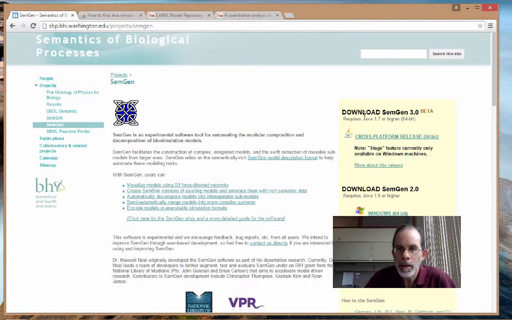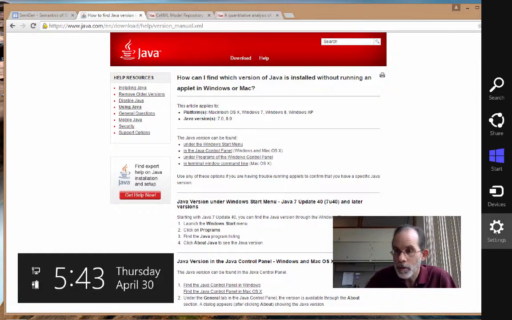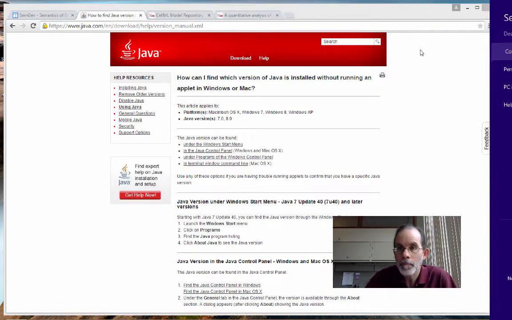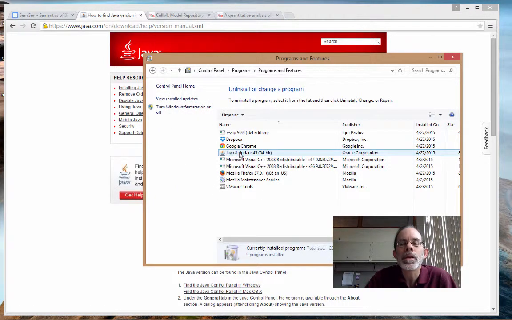So I did indicate that you need Java 1.7 or 1.8. In order to find out whether you have Java 1.7 or 1.8 installed, here's a website that you can go to, but I can show you really quickly on this machine. You go to Settings, this is a Windows 8 machine, Control Panel, and you go under Programs, Programs and Features, and you will see the Java 8 update 64-bit. If you don't see that, if you see something that's not 7 or 8 and not 64-bit, I recommend you uninstall and then reinstall a Java 7 or 8 64-bit from the Java website. So that's out of the way,